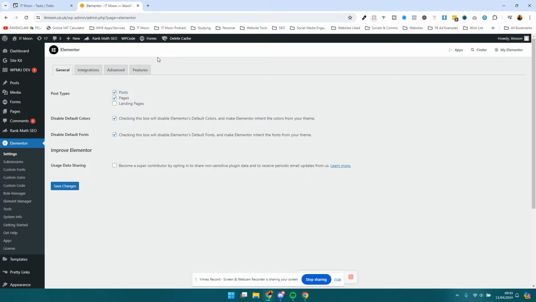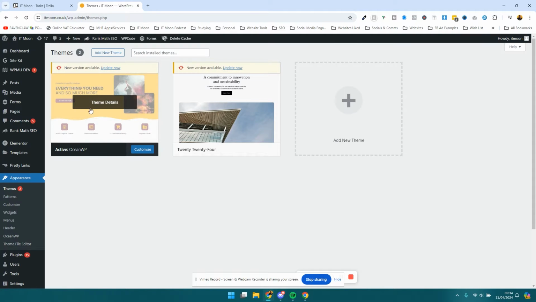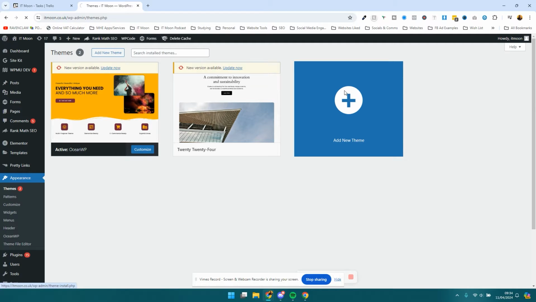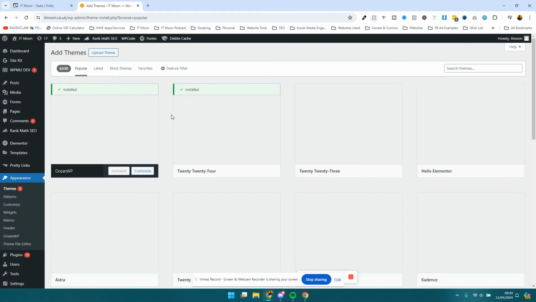You often call it the CMS system, like Wix, Squarespace, etc. You'll be using WordPress. And every WordPress website has a theme. And the recommended theme for Elementor, this is an older website, so this uses OceanWP. But the recommended theme, as per one of my other videos, is to actually use something called, where is it,